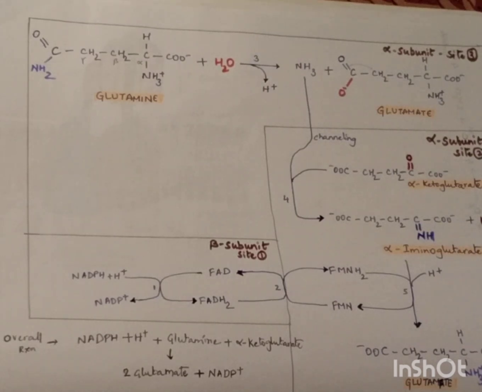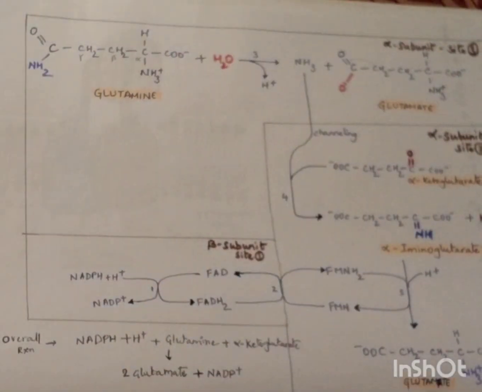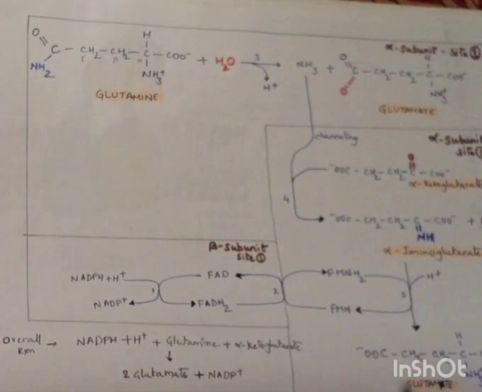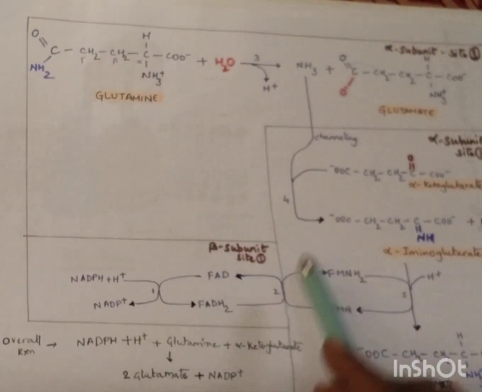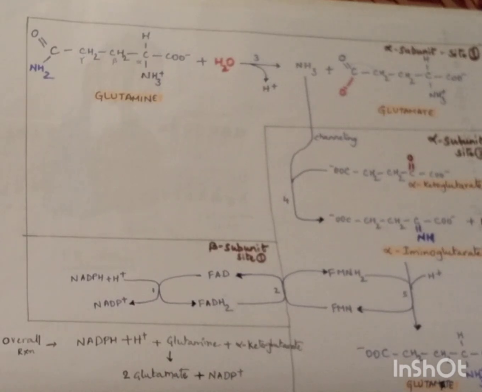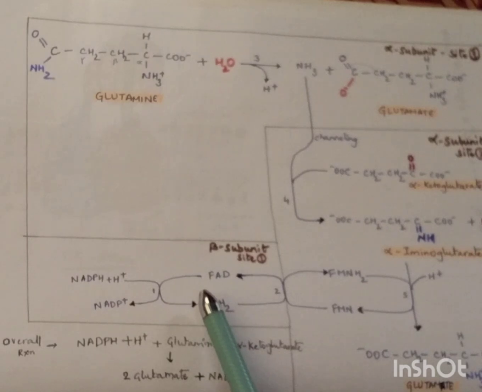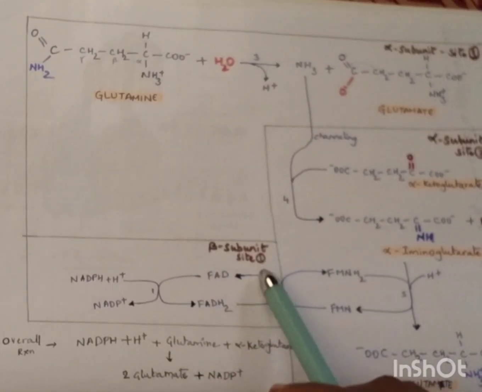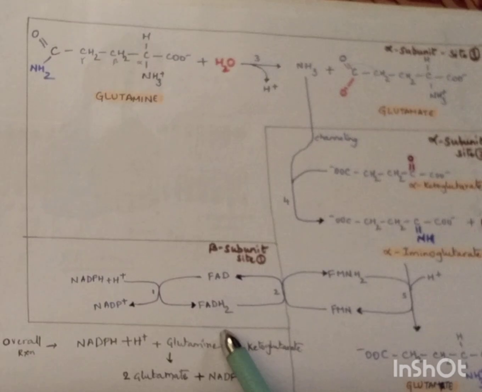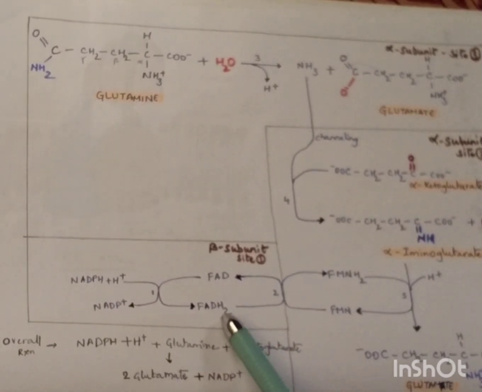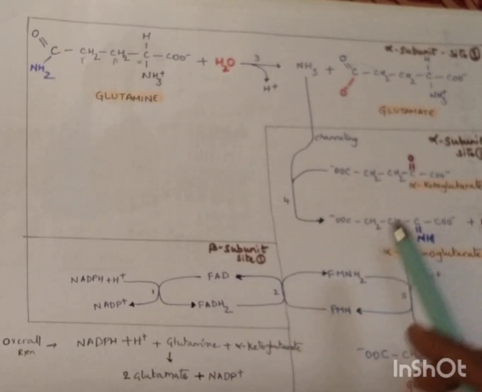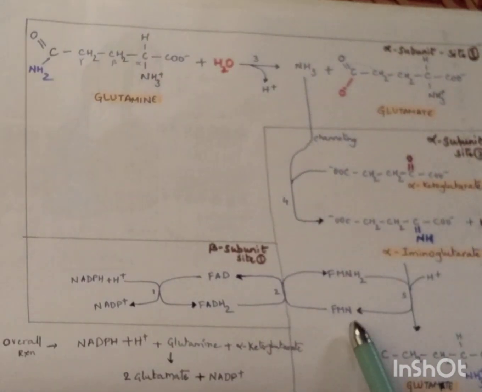Glutamate is synthesized by glutamate synthase, which is an enzyme that occurs only in microbes, plants and lower organisms. Glutamine is converted into glutamate in 5 steps. Initially, the electrons are transferred from NADH to FAD to yield FADH2 in site 1 beta subunit. Later, the electrons are transferred from FADH2 to FMN in site 2 alpha subunit.